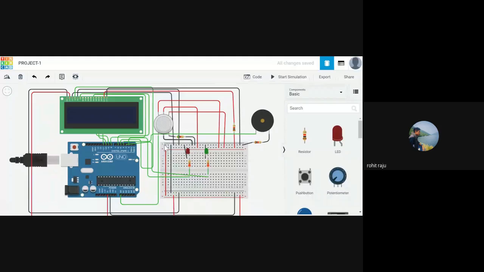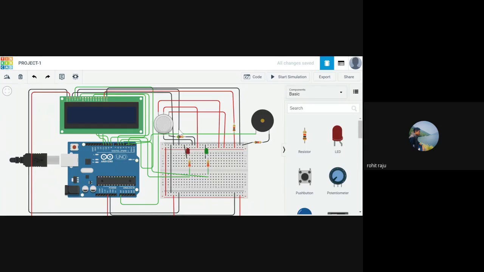Now this minus, this plus, these two columns are helpful to us in giving power and ground supplies. So where were we? Yeah, LED anode, right? The LED anode we want to connect to power, so I connected a resistor to it and directly to power. The LED cathode, which is the negative terminal, goes to ground.